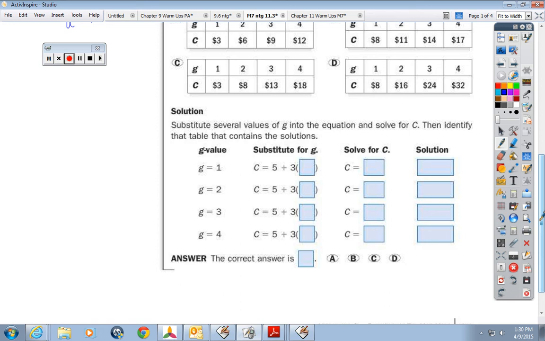Okay, so let's just say we play one game. So we're going to replace the number of games G with 1. So if I just played one game, I'm going to pay $3 for that game plus $5 for the shoes. Okay, so what